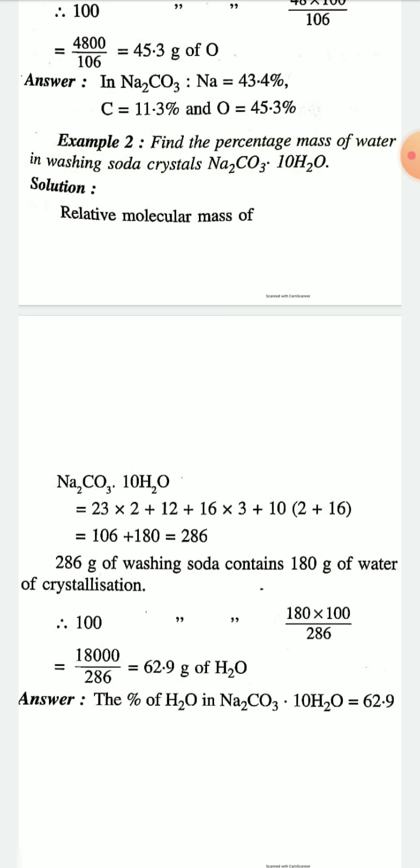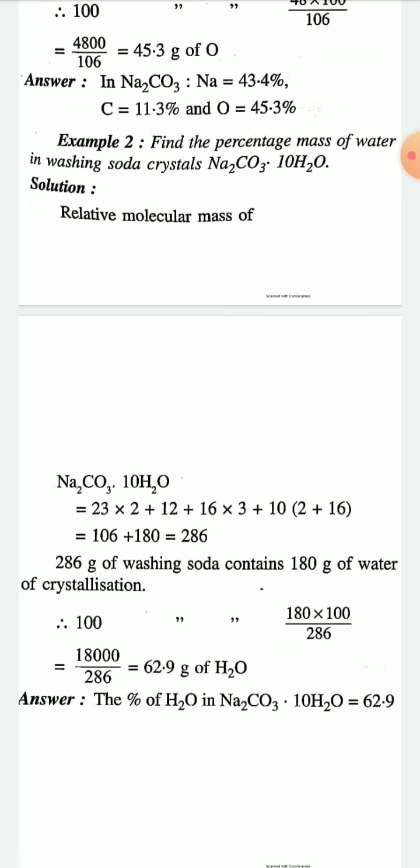Now 286 gram of Na2CO3 dot 10 H2O contains only 180 gram of water of crystallization. So 286 gram of washing soda contains 180 gram of water of crystallization. Then 100 gram of washing soda contains 180 into 100 divided by 286, or 62.9 gram of water. So the percentage of water in Na2CO3 dot 10 H2O is equal to